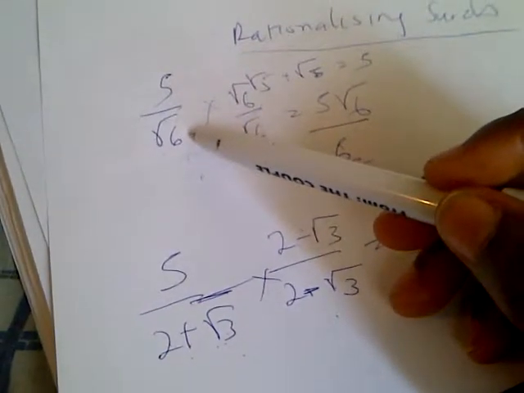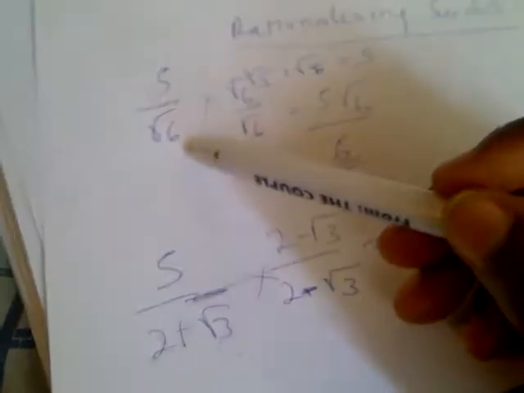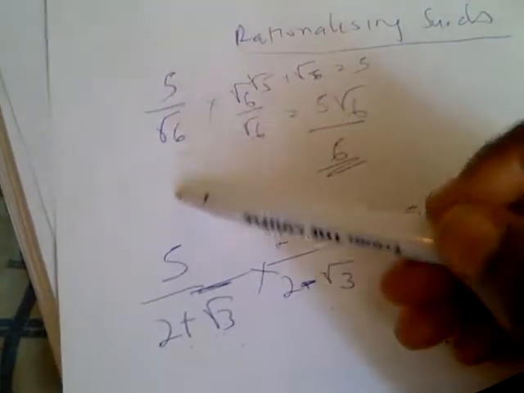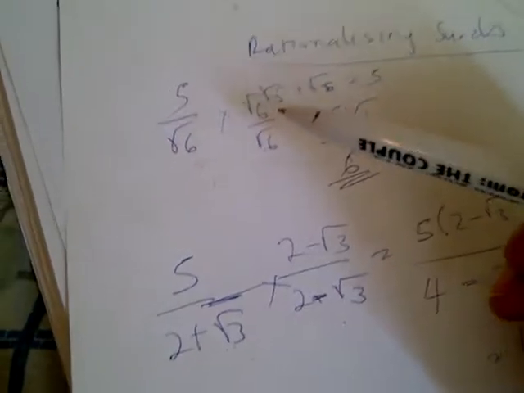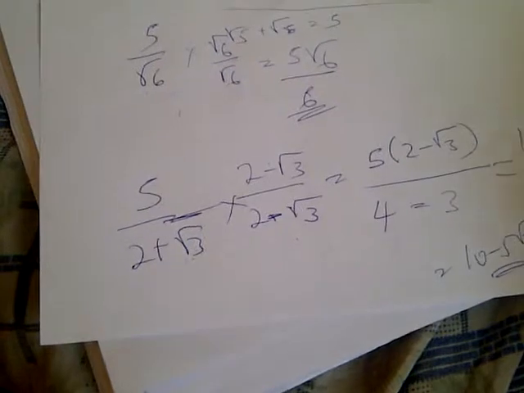Basically, what you're going to be looking for is, if you're asked to rationalize and you have a denominator, ask yourself what you multiply with that denominator to make it a whole number. If it's the root of a number, just multiply with that same root of a number on the denominator and numerator. Then you'll be able to get it. For a number like this, just look for the additive inverse, and multiply the numerator and the denominator with it, and you'll be able to clear the surd. So that's how you work on